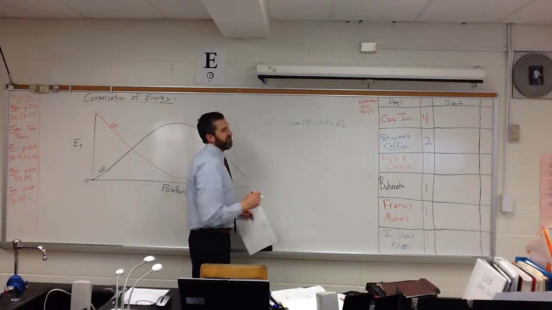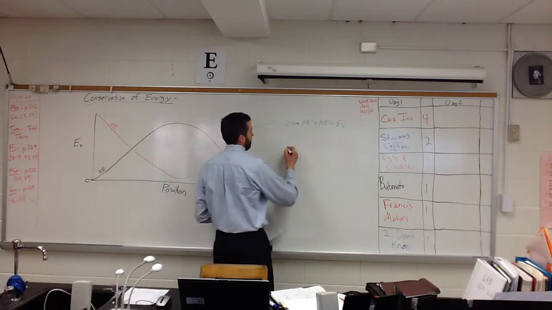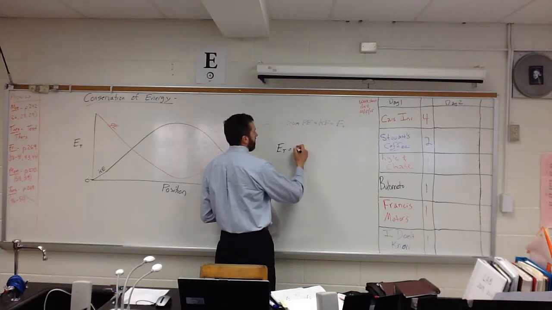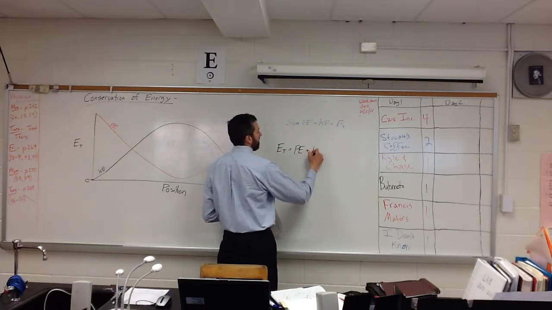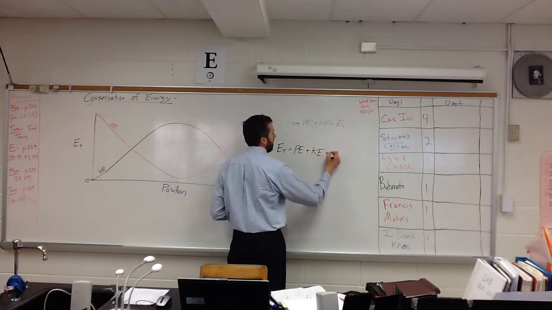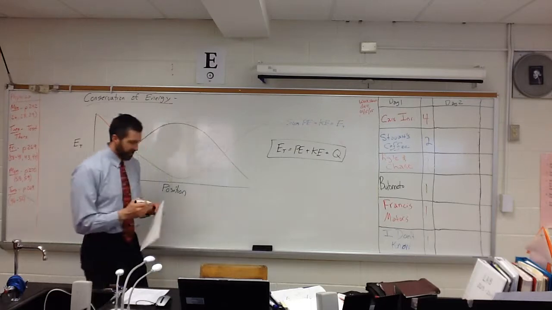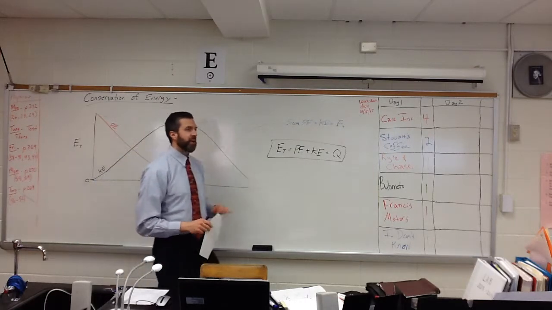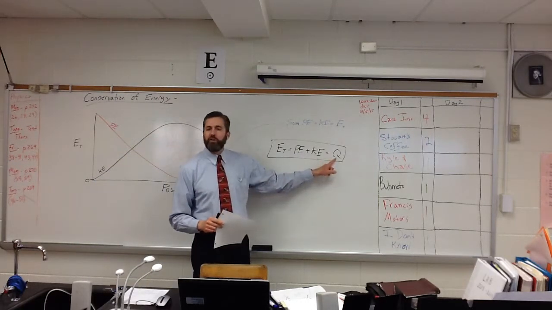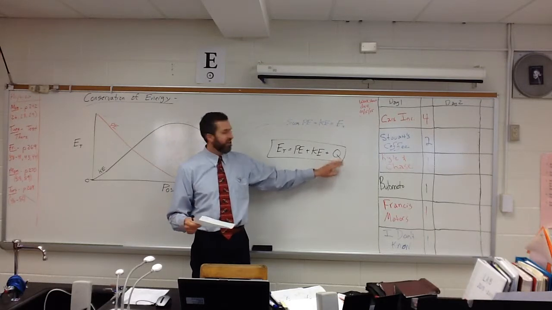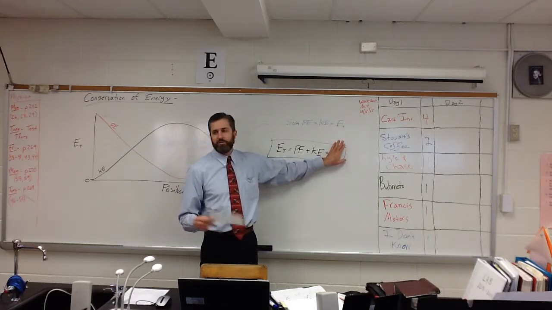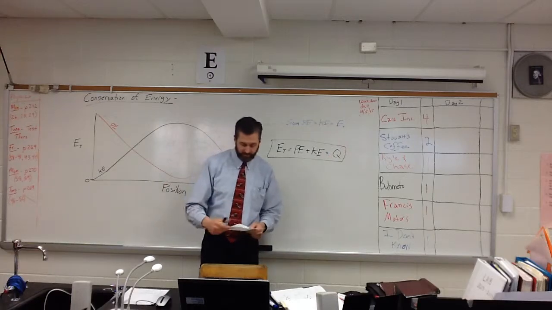Now the real equation, if you go to your reference table, is written this way. It says ET equals the potential energy plus the kinetic energy plus Q. That's the way you're going to see it in your reference table. But depending on the situation, a lot of times the regions will say ignore friction or ignore internal energy. And in that case, you can kind of do this, which is what we've done with our picture. So for today,